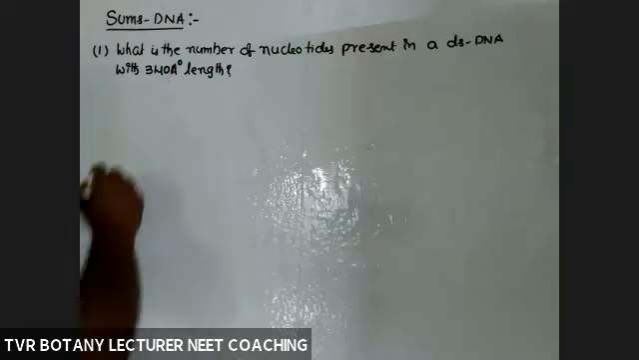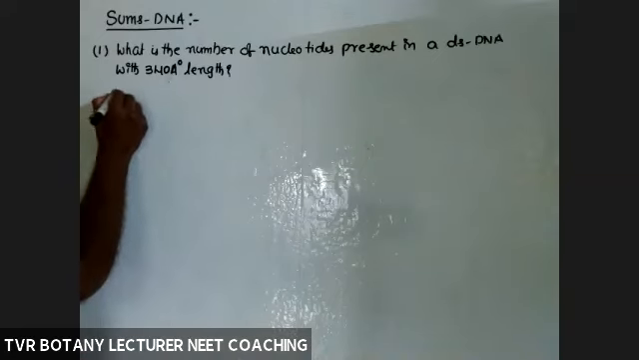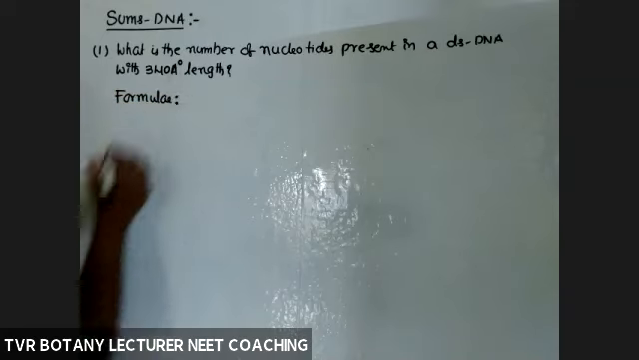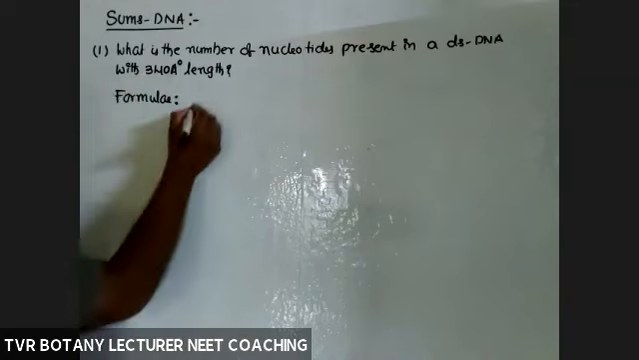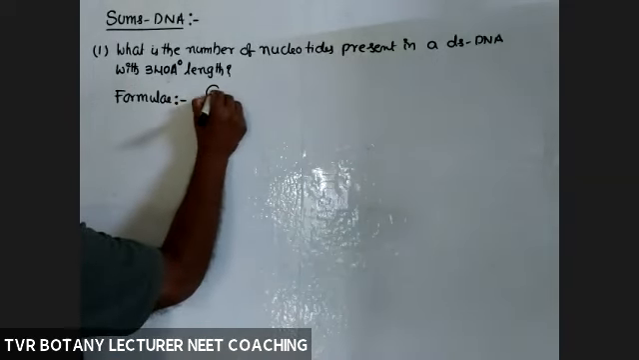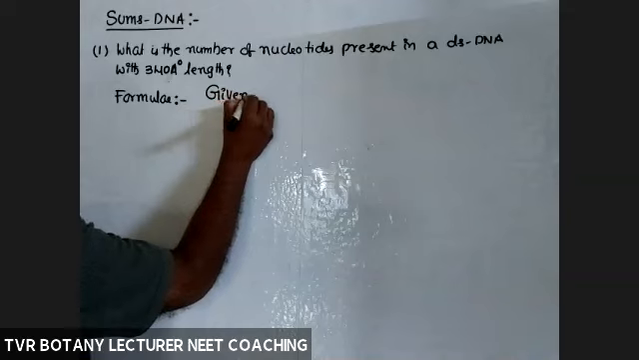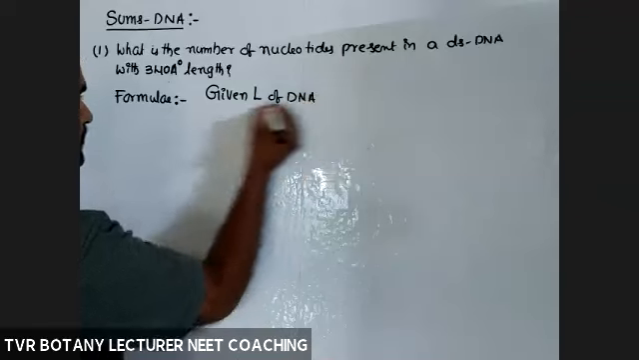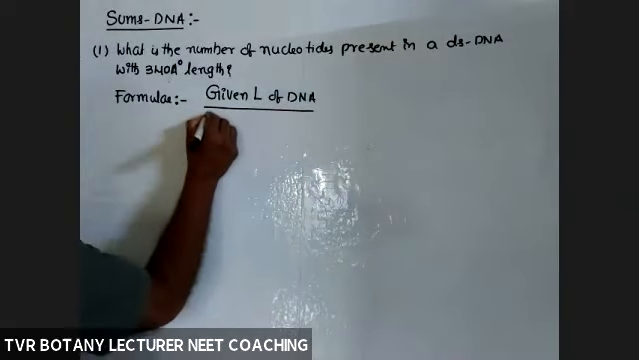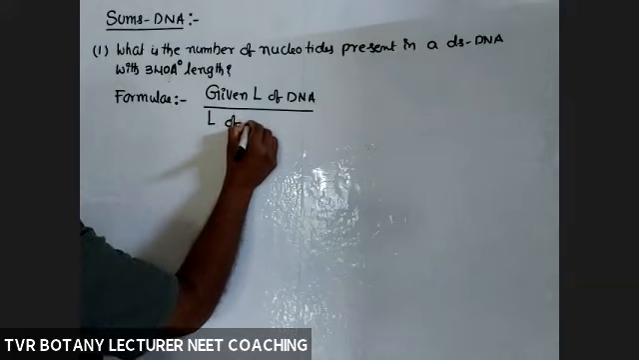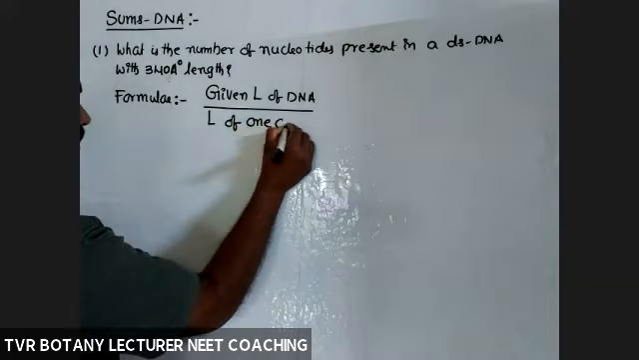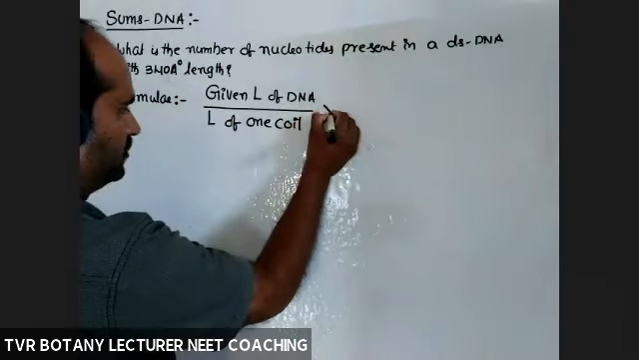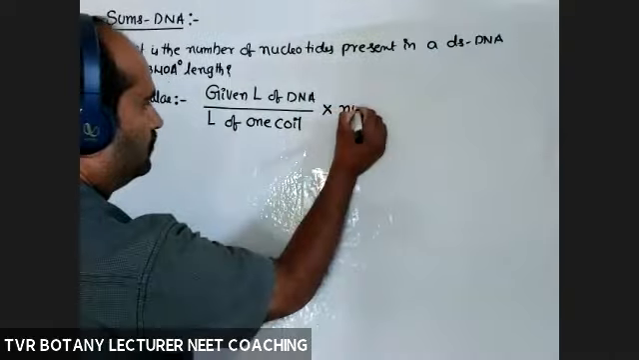The required formula is: given length of DNA, divided by length of one coil, multiplied with the number of